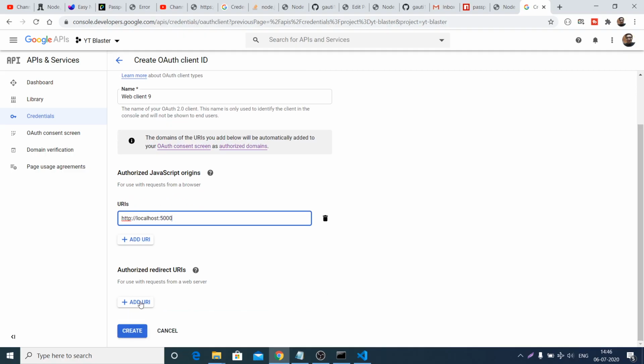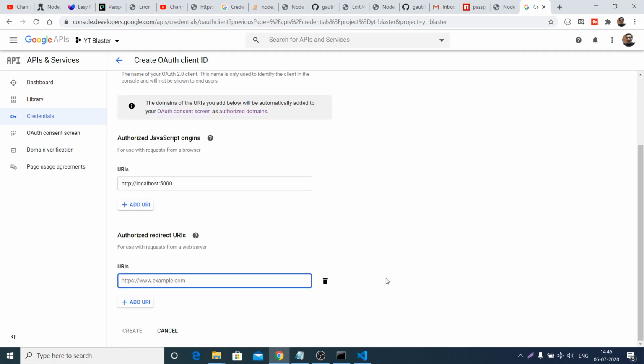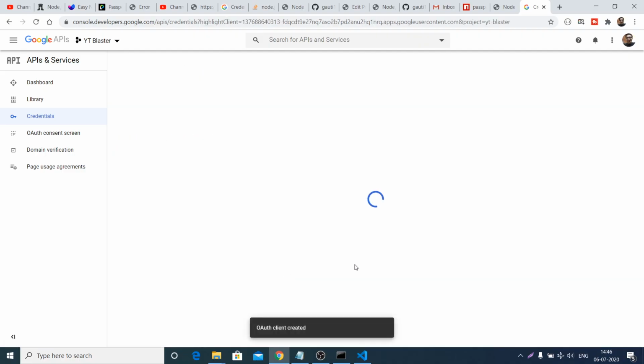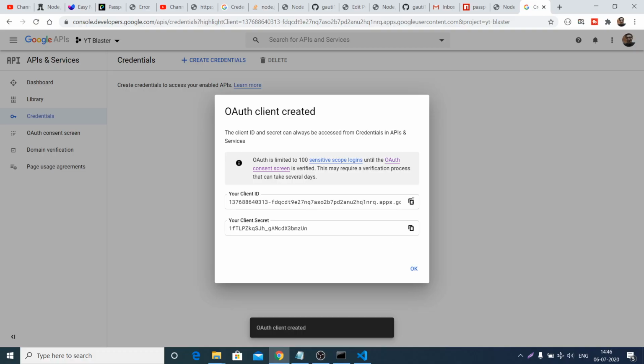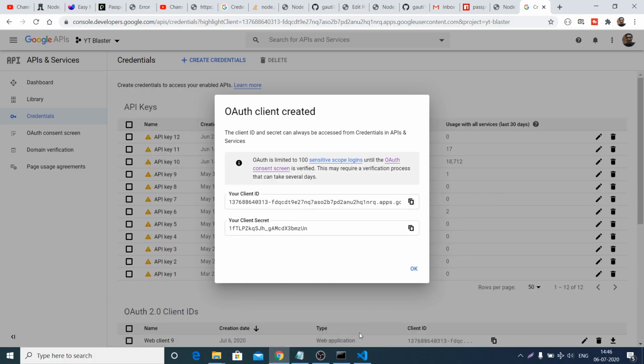For the redirect URI I will be using localhost 5000 /google/callback. You can copy mine, but you can even change it. After this I will click create, and then it will give you your client ID and client secret.